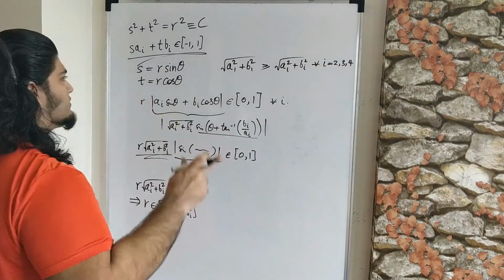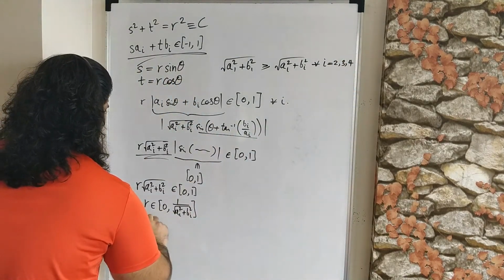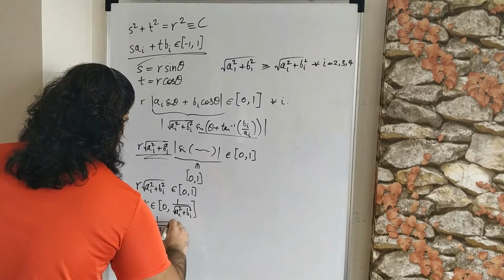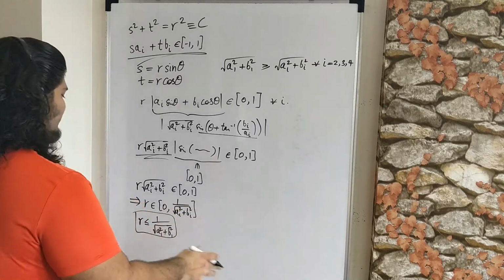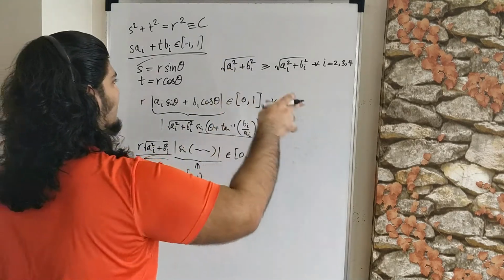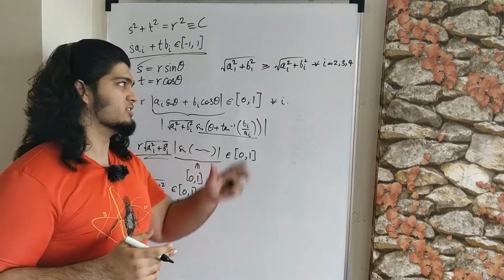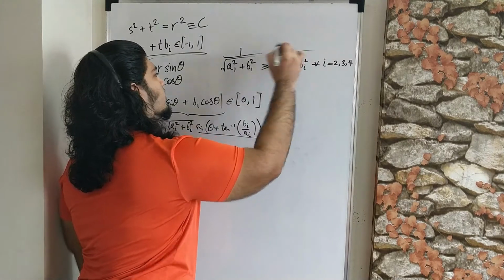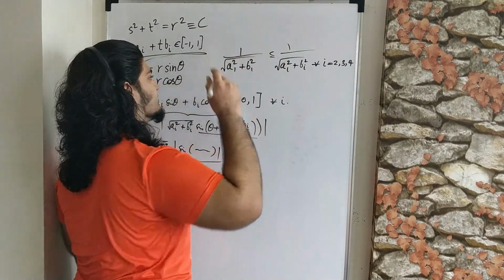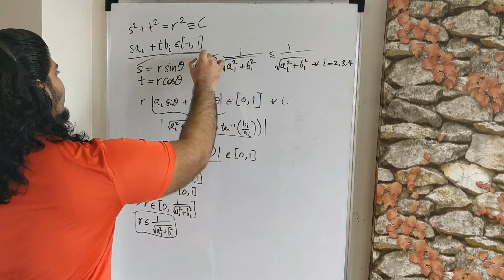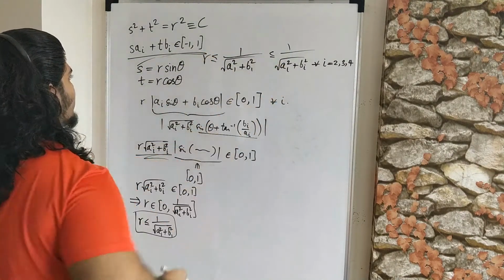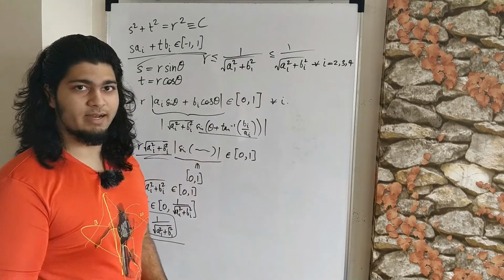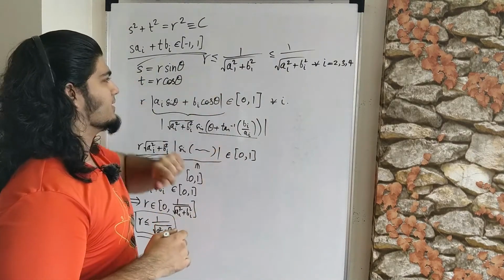So once we say that, that means that r must be less than or equal to 1 over root(a1² + b1²). Because if this is true, then it is obviously less than 1 over root(ai² + bi²), where i is ranging between 2, 3 and 4, because this is less. So if you talk about the ordering on their reciprocals, then this is greater. So if we say r is less than or equal to this, then obviously it's less than or equal to this. So what we need to find is the minimum possible value of the maximum of a1² + b1².